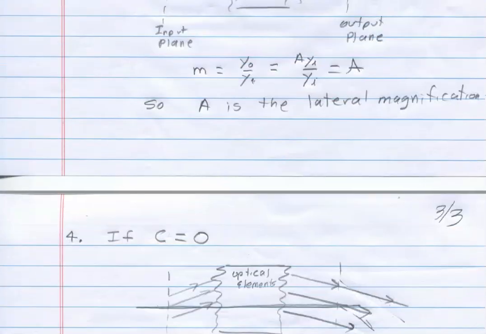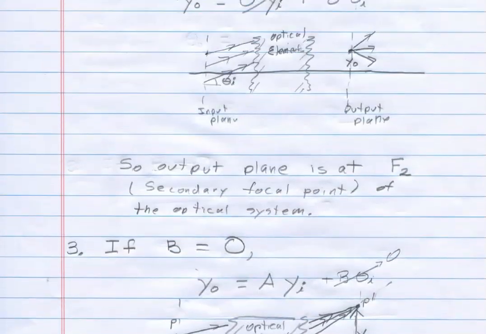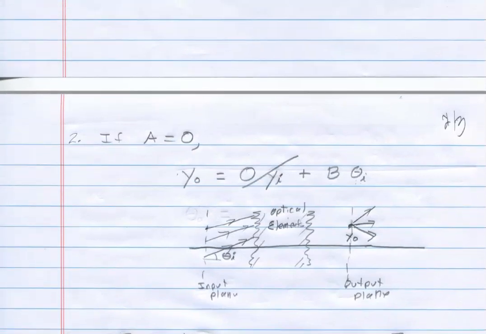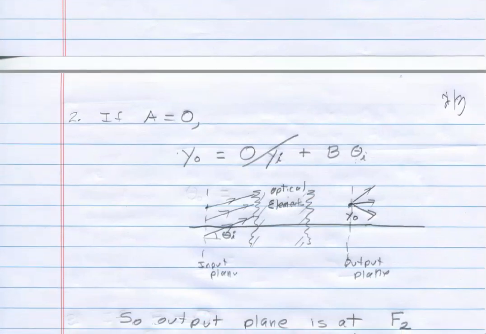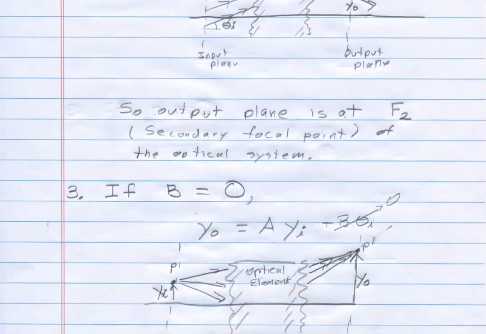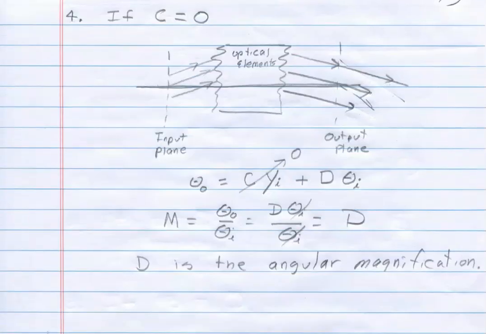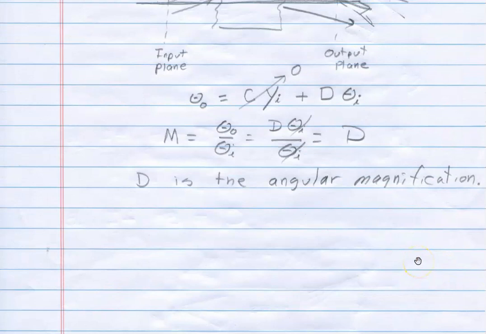Well, that describes the meaning, I guess, of each one of the elements and when they vanish and what that means. But to really see how to use these, we need to work through a few examples, and we'll proceed to that